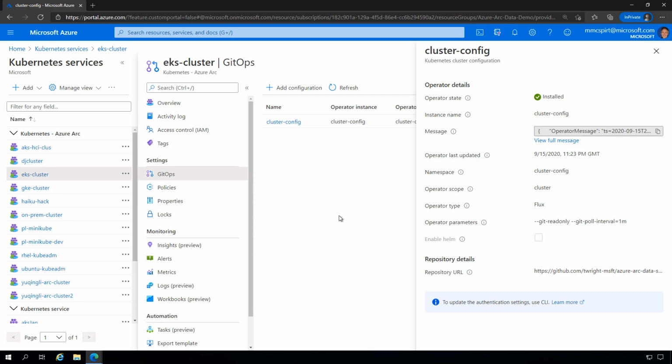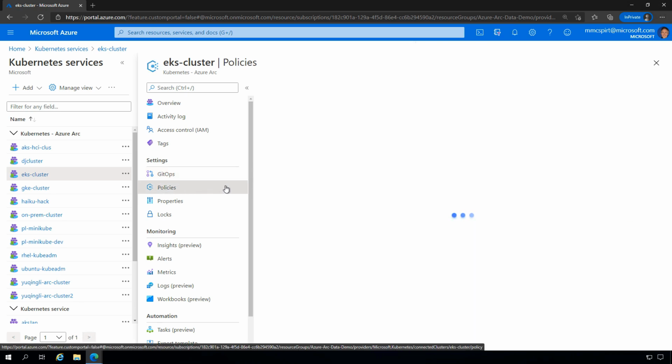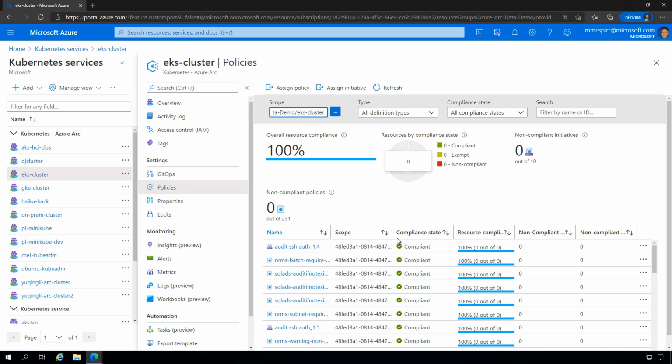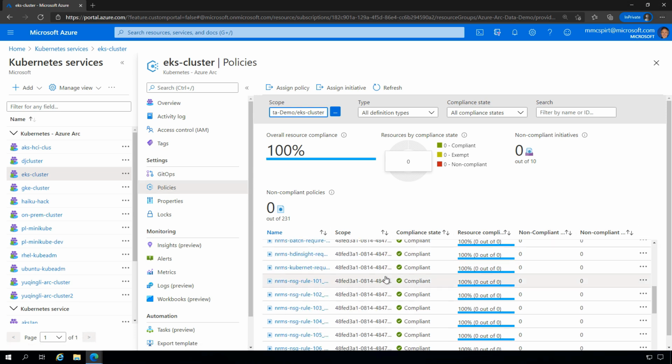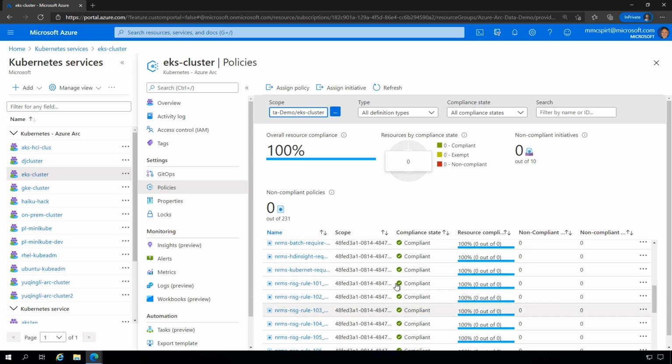Now, in addition to GitOps, if we go back to our policies view, here you'll see that we can actually start to apply governance against our Kubernetes clusters in the same way we can against VMs and other resources within Azure. So this might be specific Kubernetes settings you want enabled, password policies, certificates, and more. So Azure Policy is an extremely powerful way for you to, again, help standardize the different Kubernetes clusters that you're deploying within your environment, no matter where they are, in Azure, on premises, on AKS HCI, across different Kubernetes offerings on-prem and in alternative clouds. So that's the power that Arc for Kubernetes really brings on top of your Kubernetes environments that you've got deployed.